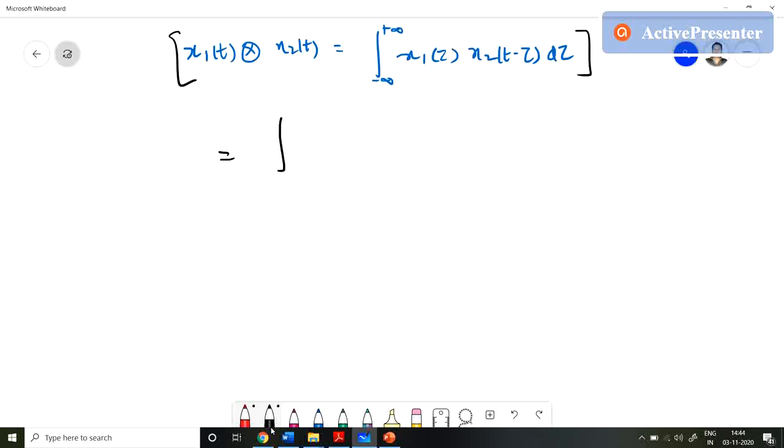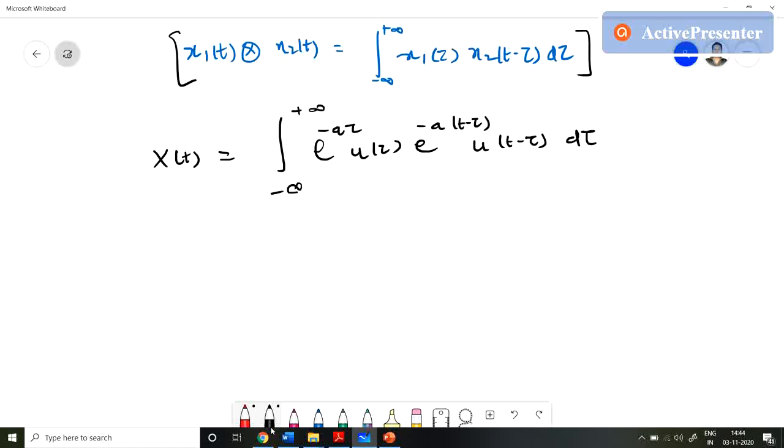So xt is equal to the integral from minus infinity to plus infinity of e raised to the power minus a tau u(tau) times e raised to the power minus a (t minus tau) u(t minus tau)